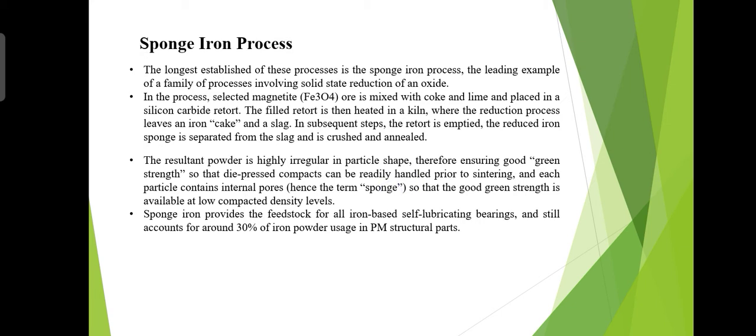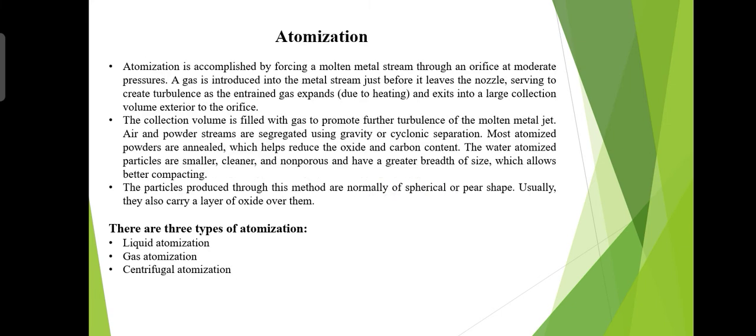And now I will tell you about the atomization process. What is atomization? Atomization is the process used commercially to produce the largest tonnage of metal powders. In water and gas atomization, the raw material is melted, then the liquid metal is broken into individual particles. So you can know very well that it is an important technique that is used to produce powder in tons.